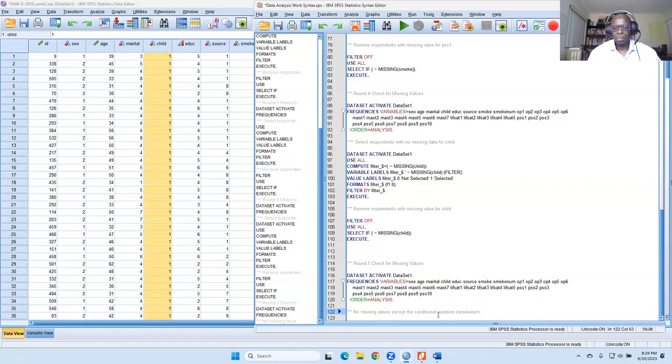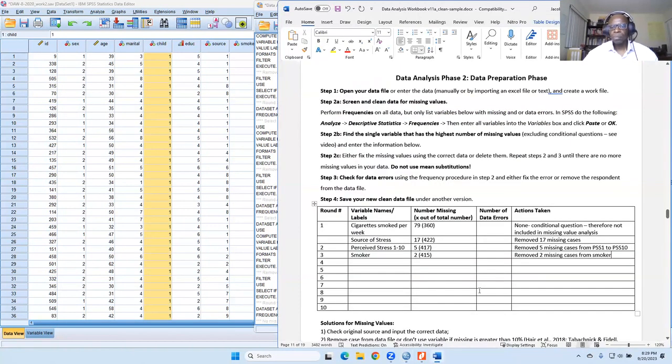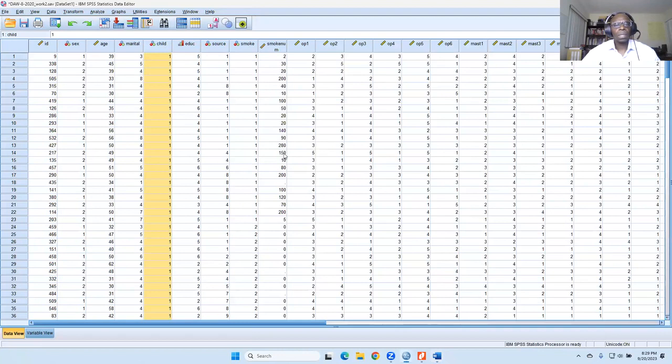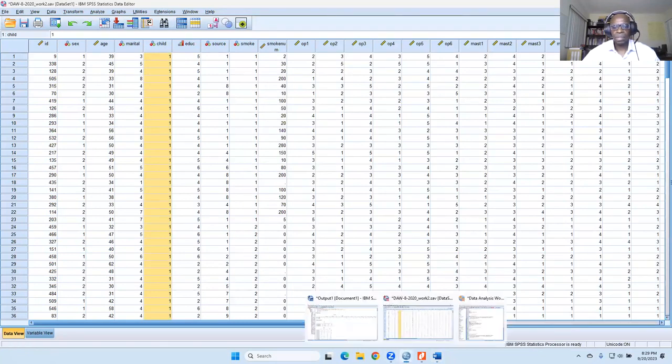Smoke, no. All right. So this one was child, and it had 2 smoker. Oh no, child was missing 1. Oh, did I save it?